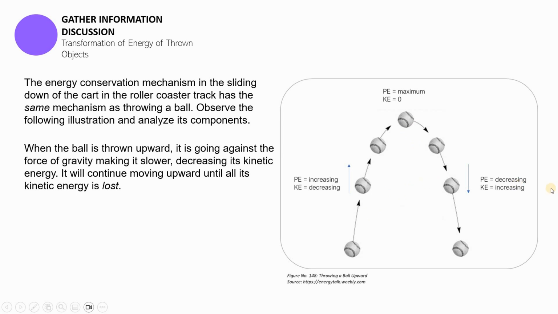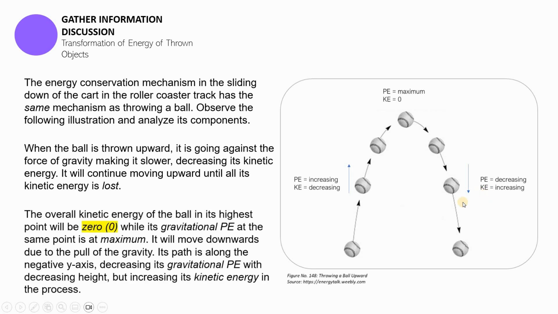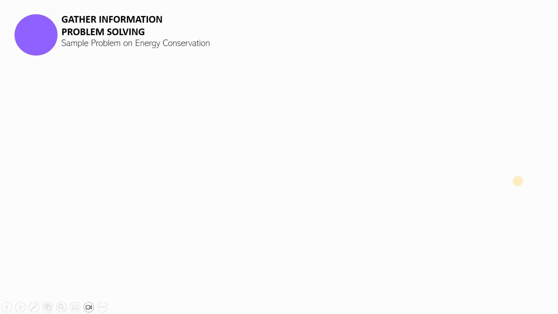Then, as it falls, the potential energy is decreasing, and as it falls down, it's not actually gaining any positive acceleration. It's gaining negative acceleration due to the fact that it's traveling along the negative y-axis. And its kinetic energy is actually increasing. The overall kinetic energy of the ball at its highest point is zero because it stopped mid-air. It will move downwards due to the pull of gravity. Its path is along the negative y-axis, decreasing its gravitational potential energy, but in the process it's increasing its kinetic energy, its movement. It's becoming faster. So keep that in mind in discussing the following sample problem on energy conservation,